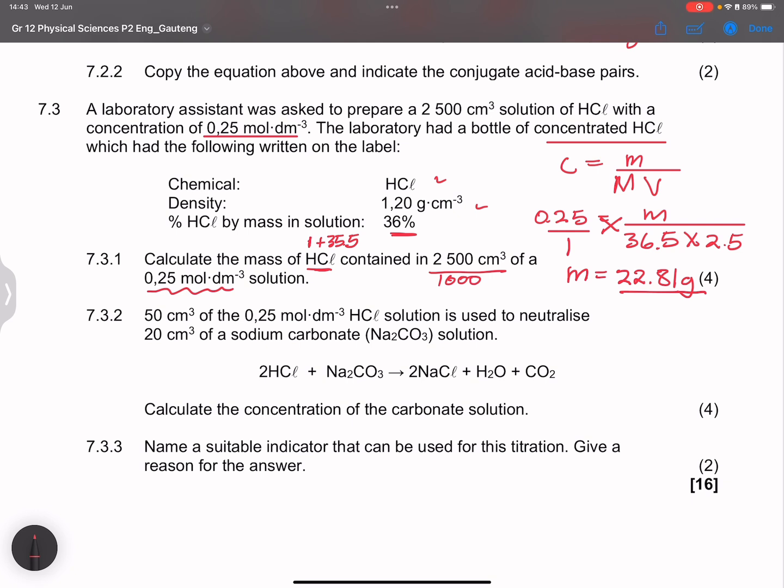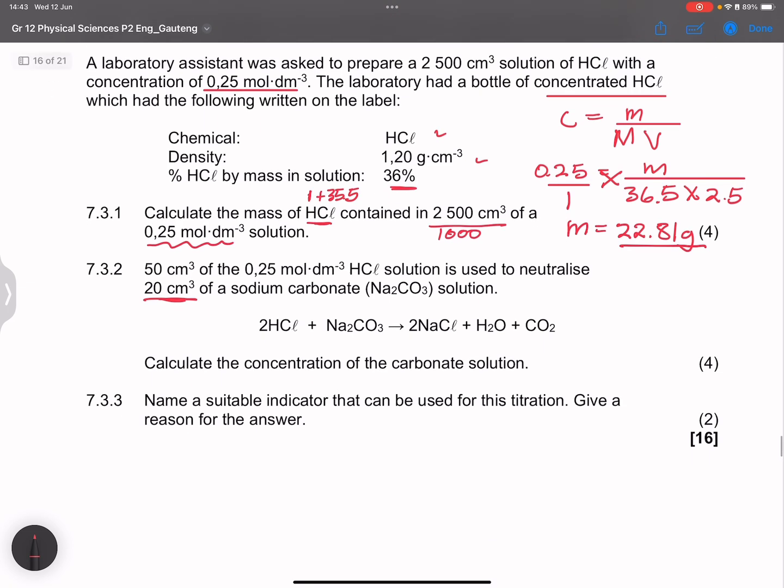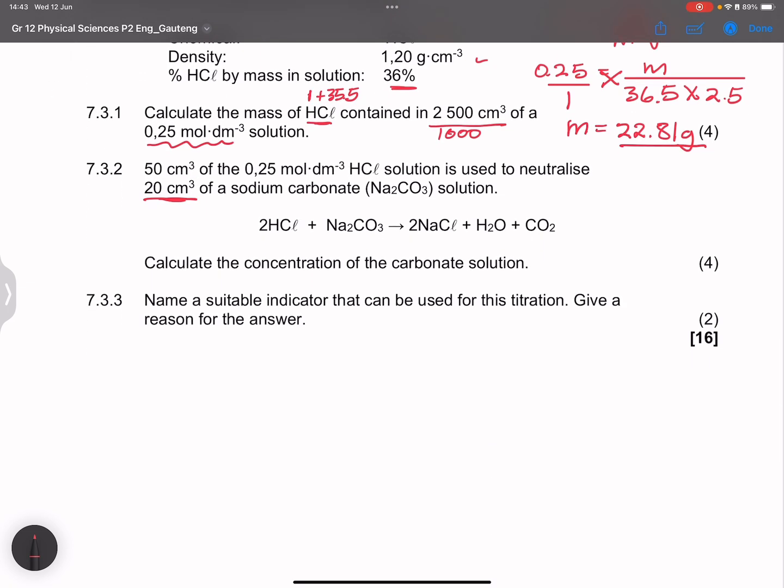All right, now in this case, we've got 50 cubic centimeters of a 0.25 moles per cubic decimeter hydrochloric acid solution, right, used to neutralize 20 cubic centimeters of sodium carbonate. Right, we're given the reaction over there. They say calculate the concentration of the carbonate solution. Right, so remember we are going to use in this case our formula, actually not C1V1 but rather CAVA over CBVB,